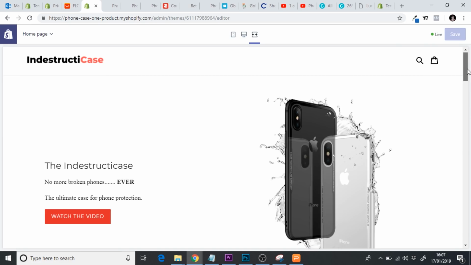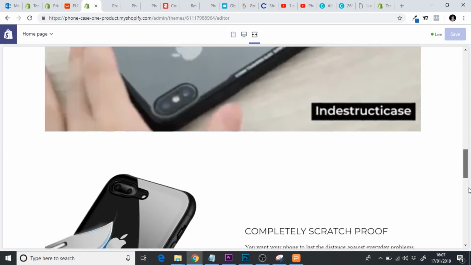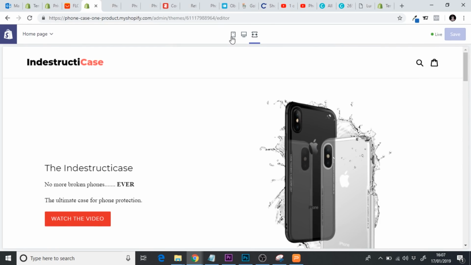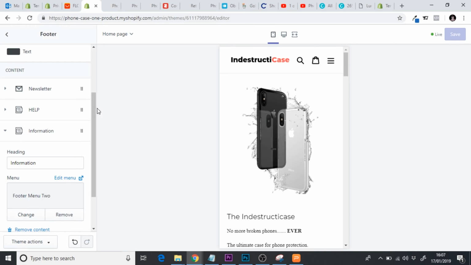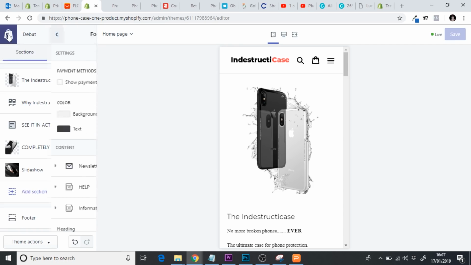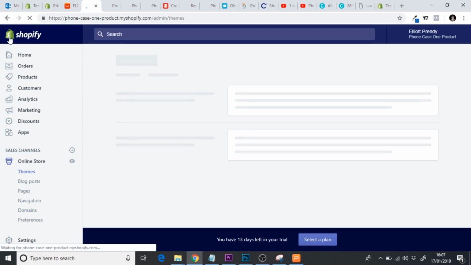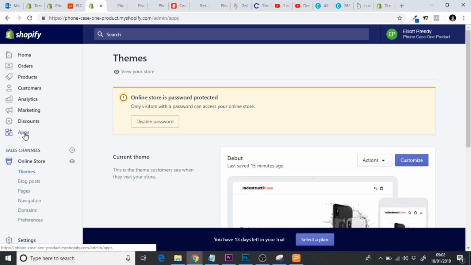There's a few last things that we're going to do to finish off the tutorial. We're going to add some apps in that will help us make more sales, and then I'll quickly show you how we can connect a domain name. So if we just click back on the Shopify dashboard, and now we're just going to add some apps that will help improve our store and hopefully make some more sales. So just click on apps,